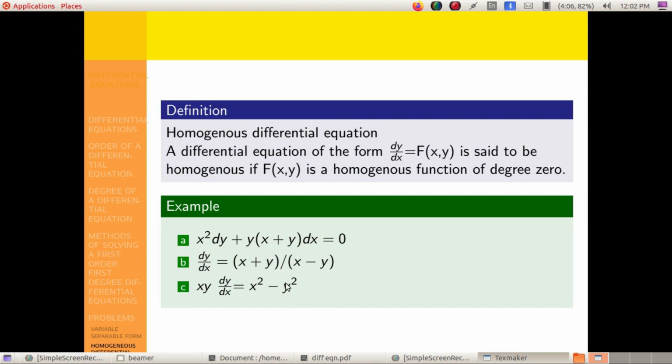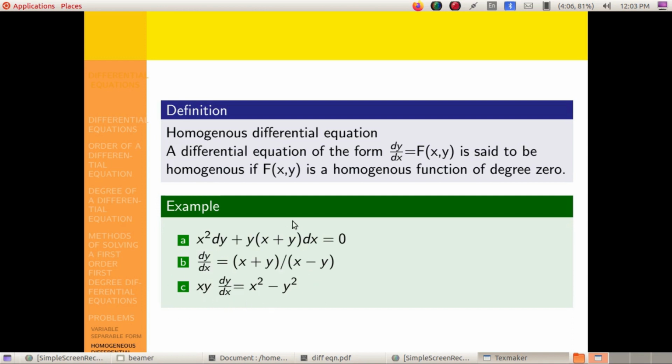Now we can observe that in this case, the degree of this term is 2; here y into x, when we take the sum of degrees, it is 2; here y into y square, degree is 2. Each term has degree 2, and in this case each term has degree 1. Here again, each term has degree 2. Here the sum of degrees is 1 plus 1, which is 2.